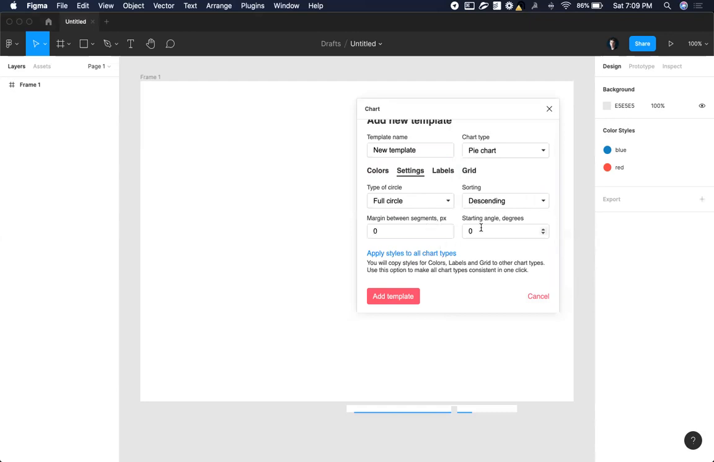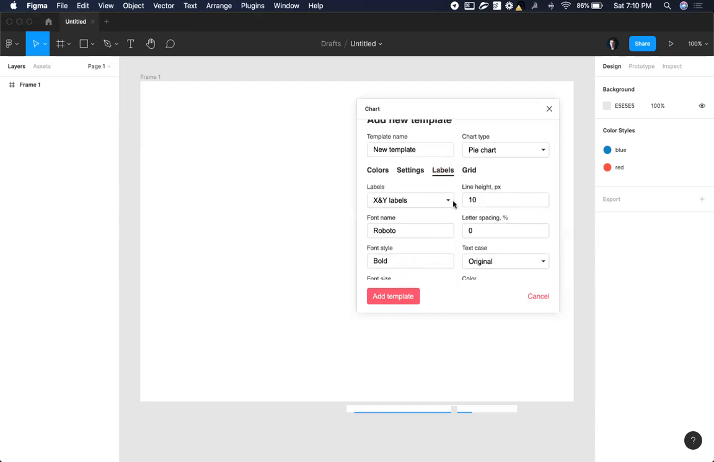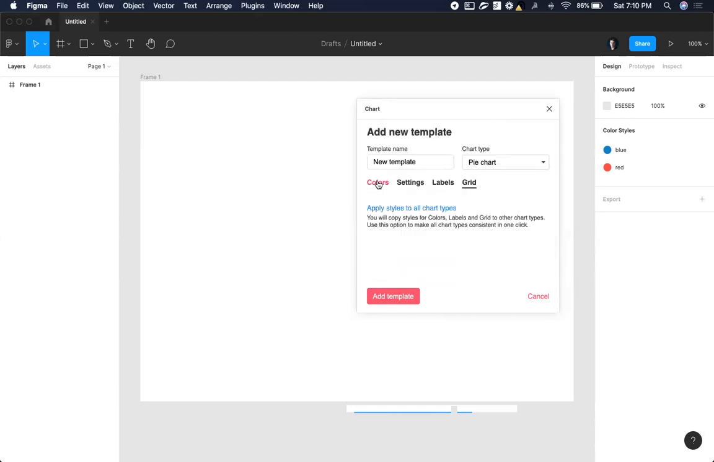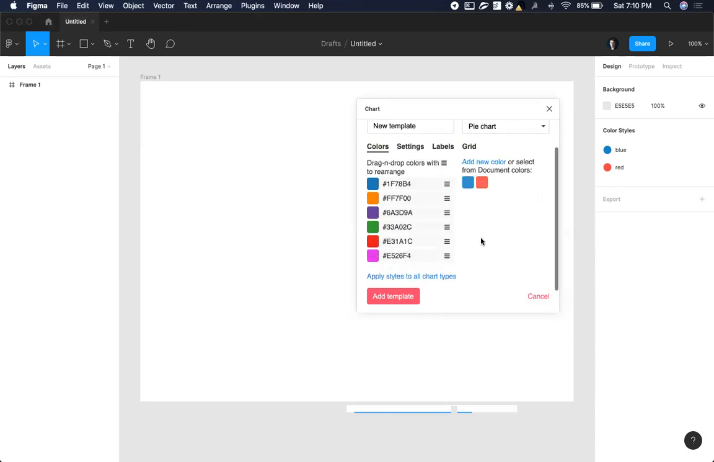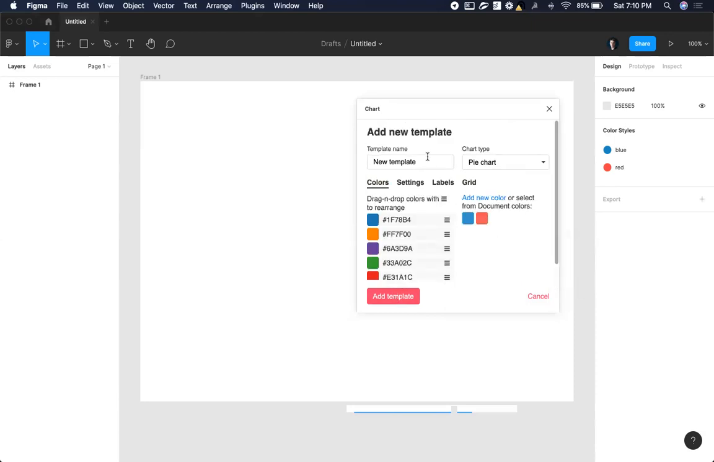Margin 0 and 0, okay. Labels is the same, grid the same. So we don't have any grid settings for pie chart. Okay, and let's name it test